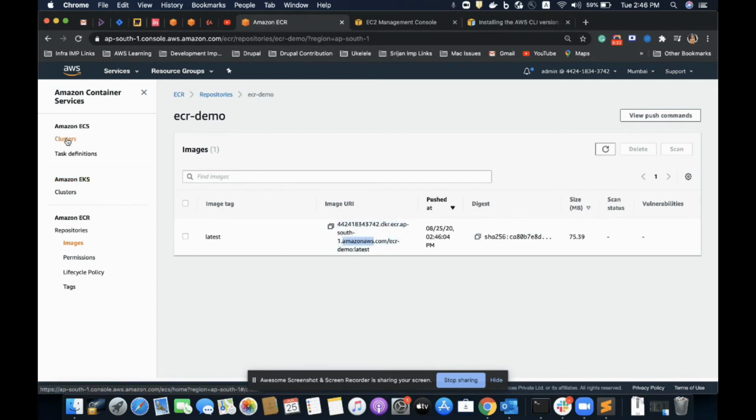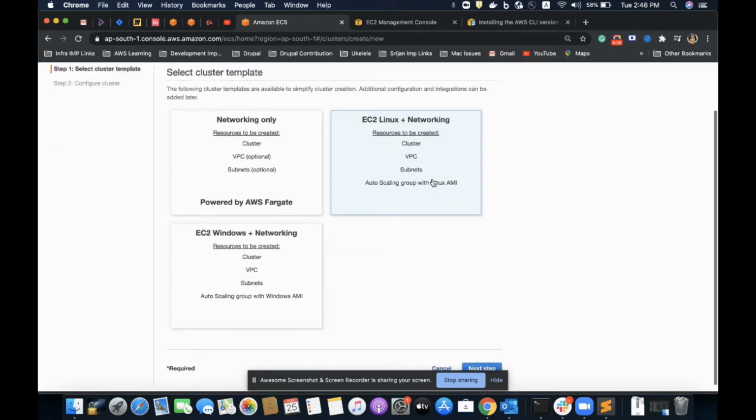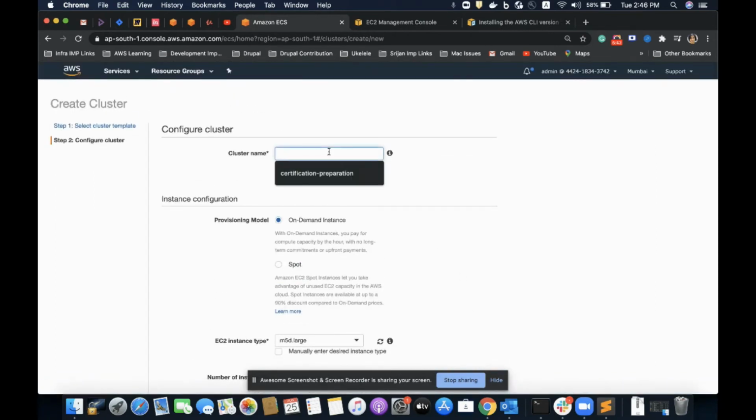The next step is to create the cluster. For this demo, I will not go with the Fargate service. I'll cover it in a future demo. In this demo, I'll be covering ECS with Linux and networking option only. I'll give it the name ECS demo.